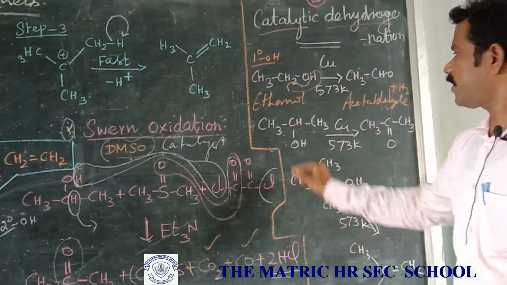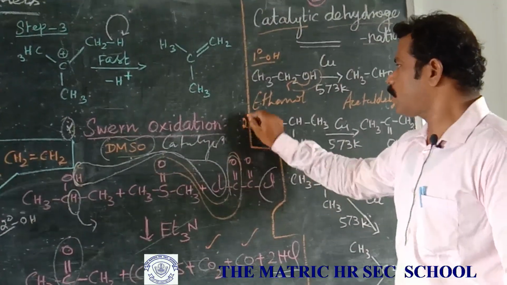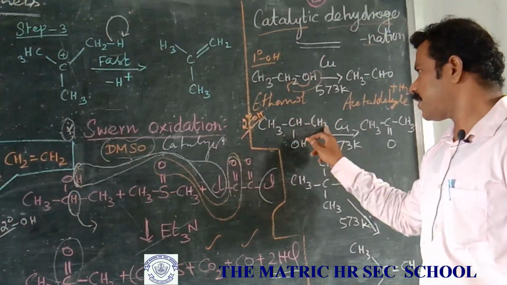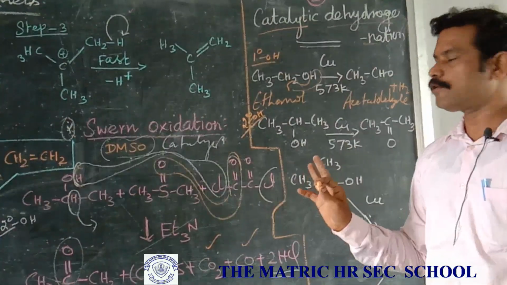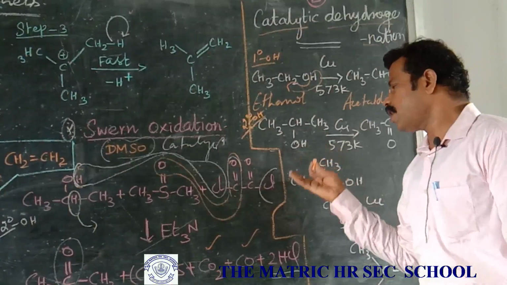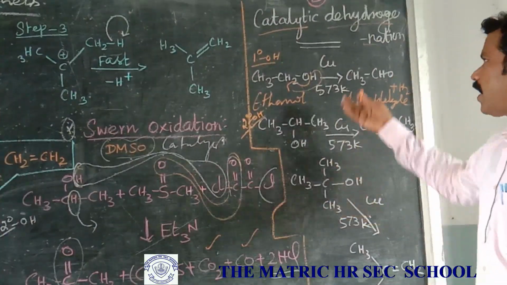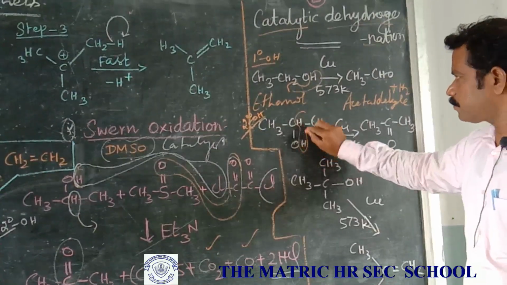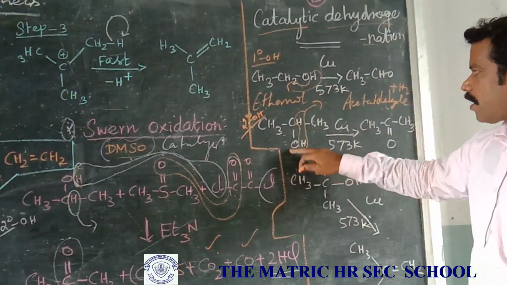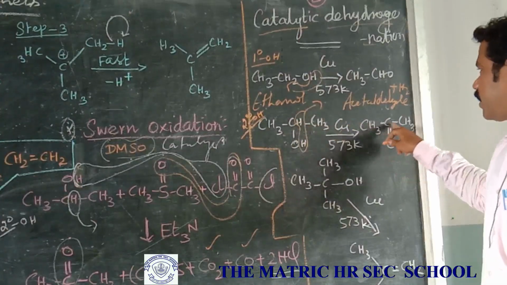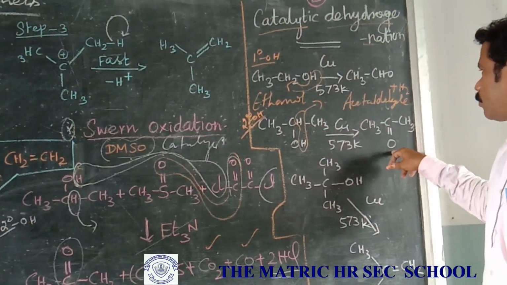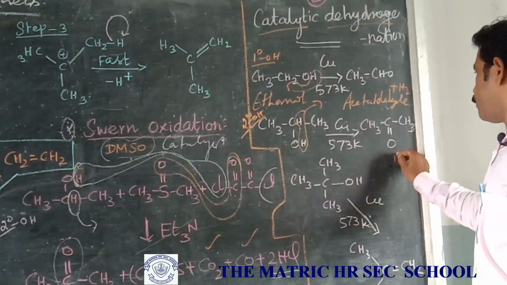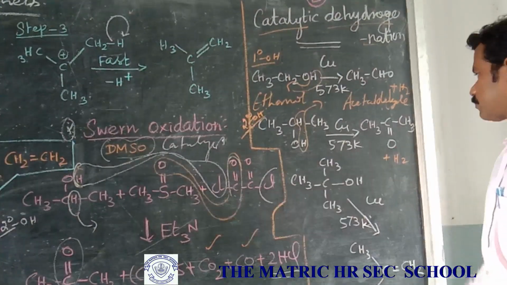Okay. Next I will take one of the secondary alcohols. Why? The functional group present at the carbon is directly attached to two alkyl groups. So it is a secondary alcohol, the isopropyl alcohol. I will take the same catalyst, so hydrogen is eliminated. The carbon and oxygen are directly involved, so you will get the double bond, the carbonyl ketone group. So dimethyl ketone. Okay. We will remove H2, the same.